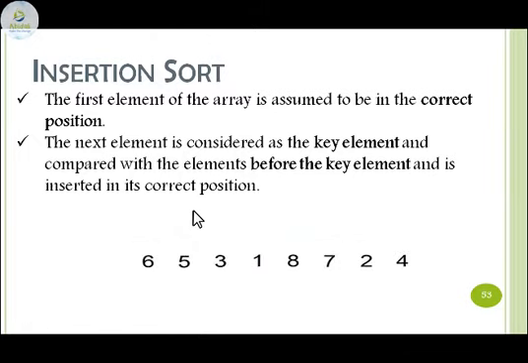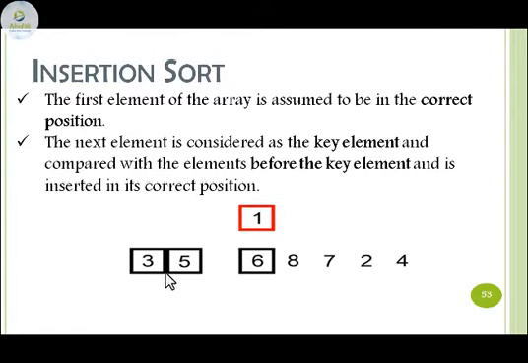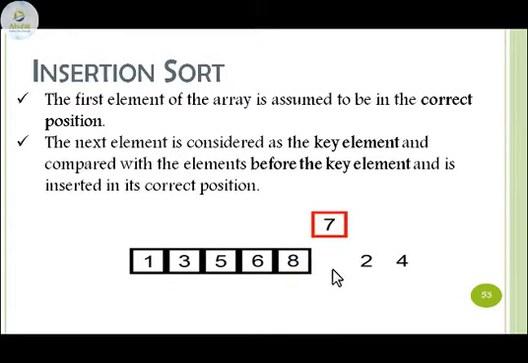Considering the graphic image, here the first element is considered as sorted. The next element will be taken and compared. This element will be shifted and placed at the proper position. Now the sorted part has increased. The next element of the unsorted part is placed at a proper position. The next unsorted element is this one; it will be taken, compared with the sorted elements, and placed at a proper position. Next, the sorted part will increase. The very next element of the unsorted part will be taken and compared with the sorted elements. Again, the next element will be taken and placed at a proper position.